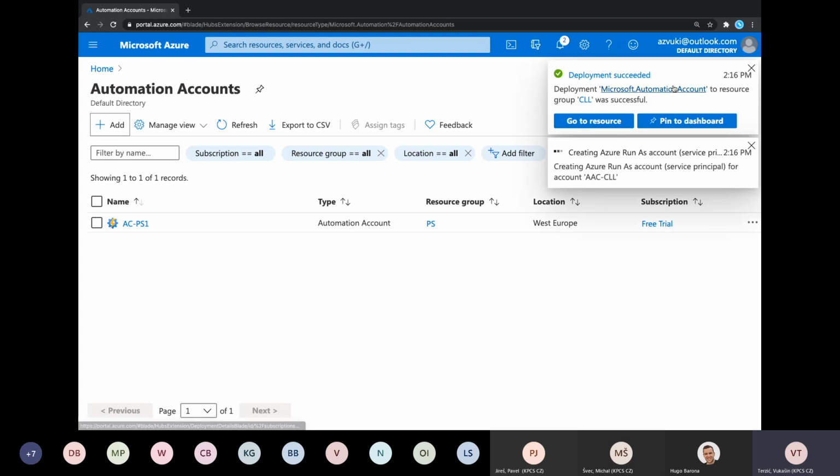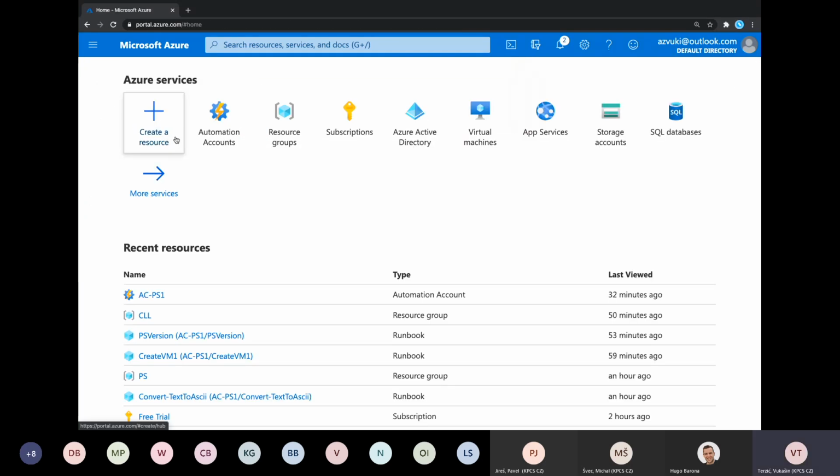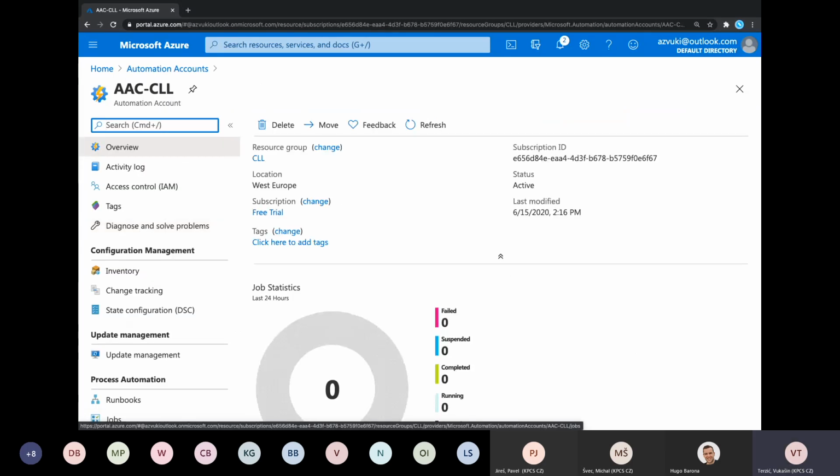So we can see it happened already. It was created, but we can also see that something else is happening here, and there is one more thing going on, and that's the creation of the run as account. So if I refresh it here, it should get okay. So my automation account was created, and if I click on it now, I can see that